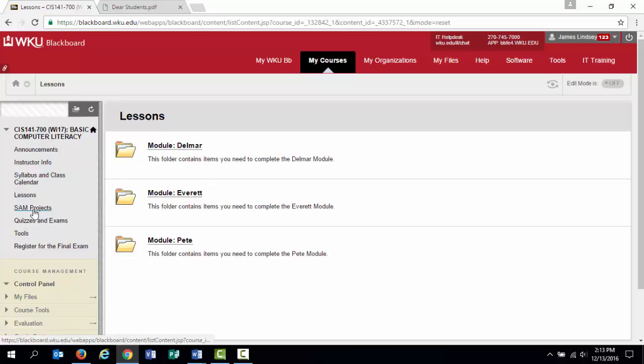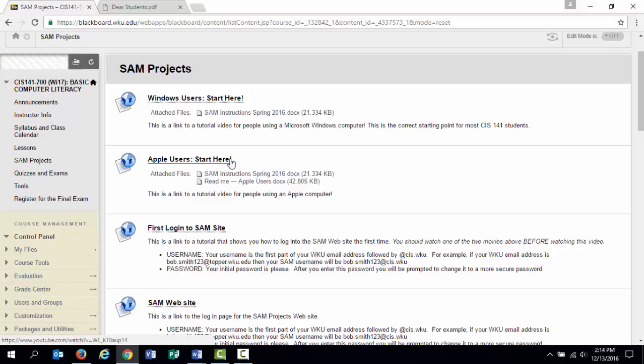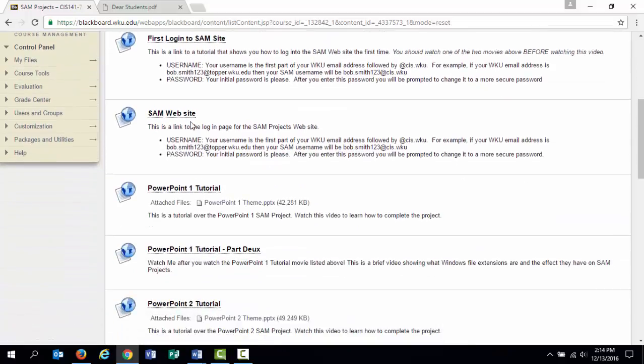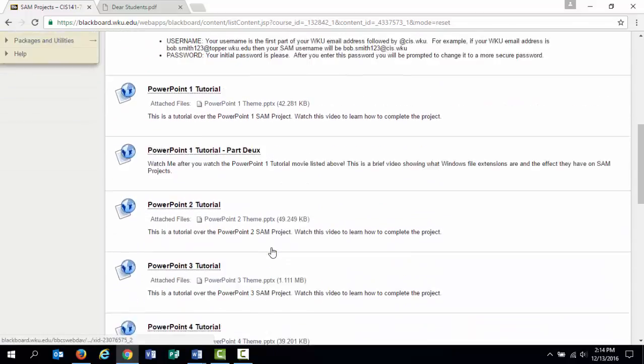So this SAM projects page, when you watch the orientation session over SAM, I'm going to walk you through this page. But what this talks about is, if you use Windows as your operating system, here's some information for Windows users. Here's some information for Apple computer users. Your first time you log in, you do this. There's a link to the website, and then these are your tutorials over all of those SAM projects. If you're new to CIS 141,